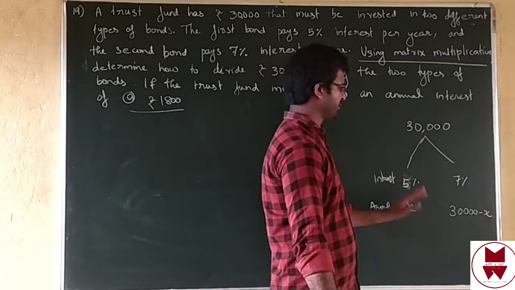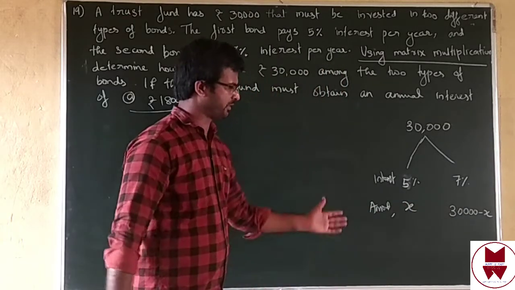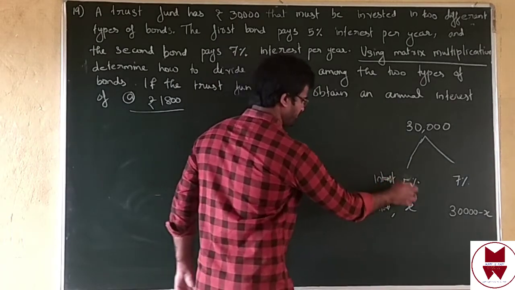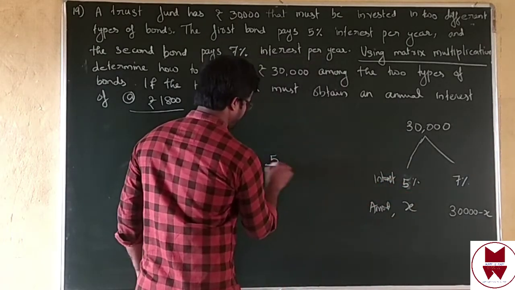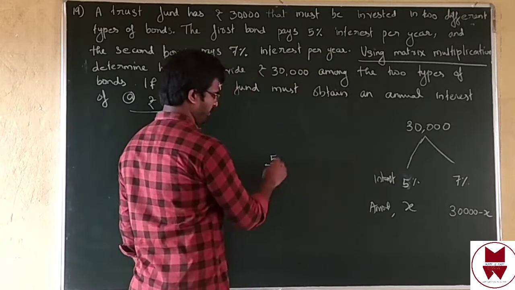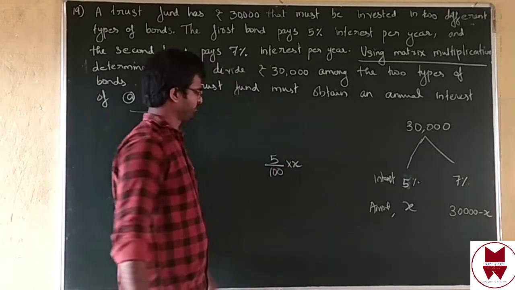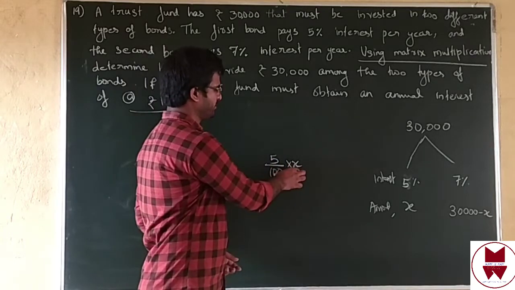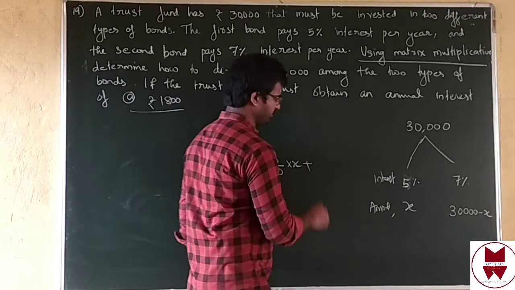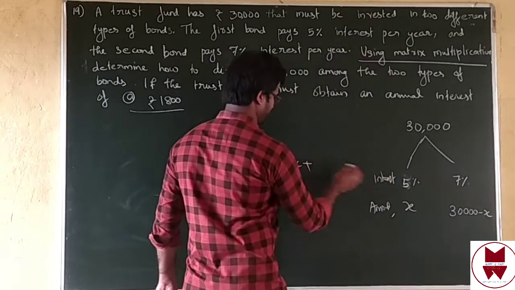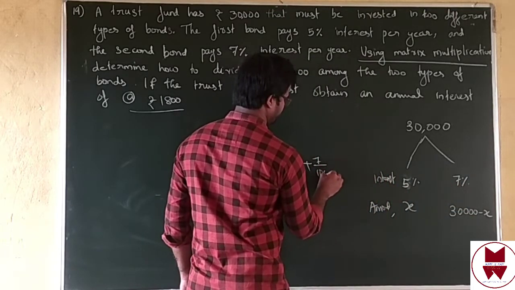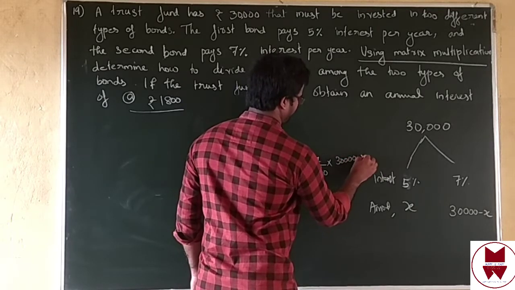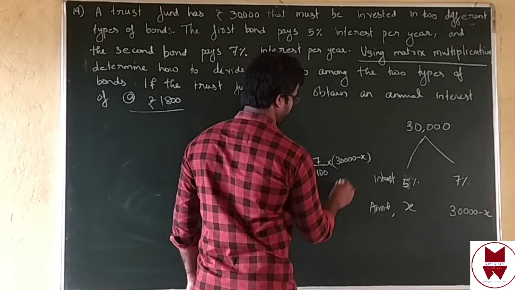According to our condition, even lower class students can do this question. Very easy. Check it. 5% of X. 5% means 5 by 100 into X. Percentage means divide by 100. This is 5% of X plus 7% of the remaining amount, that is 7 by 100 into 30,000 minus X, equal to